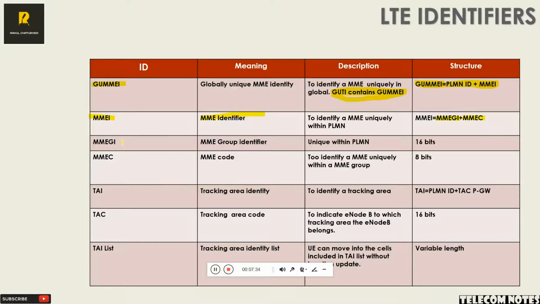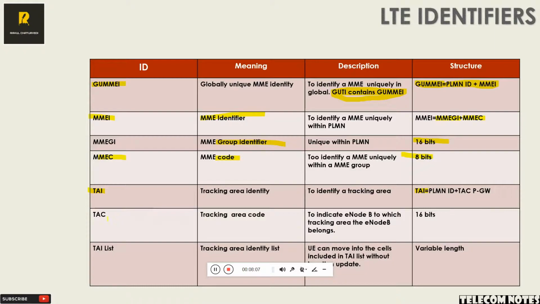Coming to MMEGI, that is the group identifier, having 16 bits. And when it comes to code, we are having the MME code, and it's having 8 bits now. And the description is to identify an MME uniquely within the MME group. Coming to TAI, that is tracking area identity, to identify a tracking area. TAI is the combination of PLMN ID and TAC,